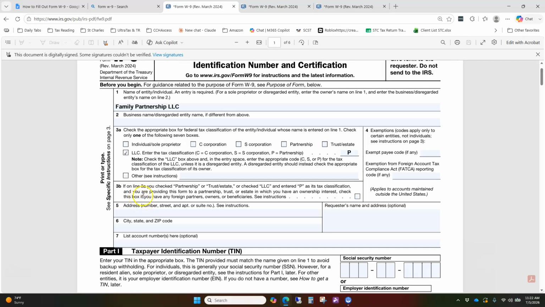Line 3B is applicable under partnership or LLC that has checked the box and entered P here as a partnership. This is applicable for you if you are being taxed as a partnership and you are providing this form to another partnership or a trust or a state in which you are a partner. If that's the case, then on line 3B, you will check this box. If that is not the case, then you will leave this box unchecked. So make sure you find out the appropriate tax classification of the company that you're partnering, consulting with, and then